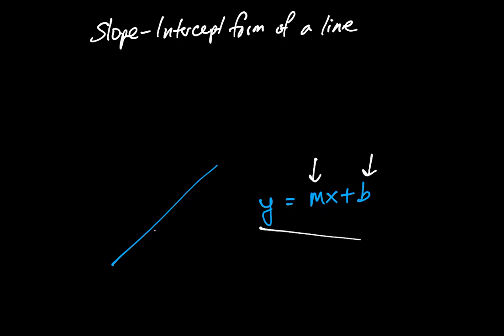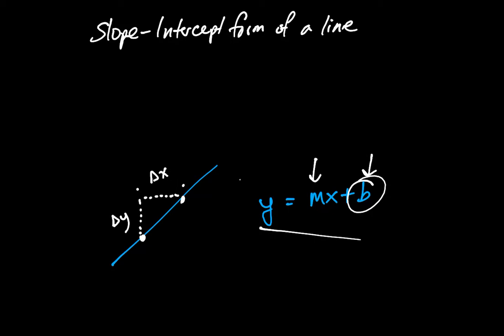Now, the slope is pretty easy to find. We just do our rise over run. If I had a ruler, I could measure how far it goes up between this point to that point, and I could say that's my kind of change in y. And I can figure out how far it goes from here to here, and that's my change in x. No problem at all. But the y-intercept can be tricky, because if this piece of our function is really far